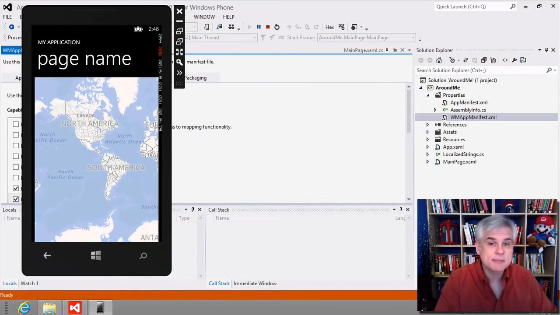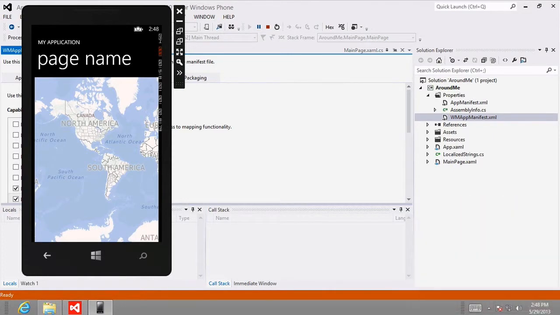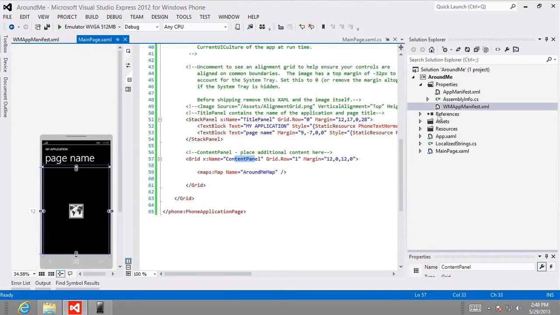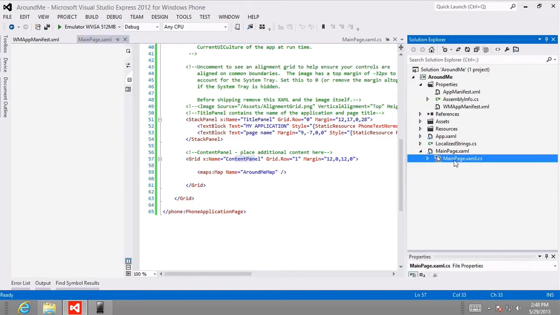So as you can see, the map control appears, but it's at a very high level because no location is set. We'll actually do that next. So let's stop, and then in the MainPage.xaml.cs file,